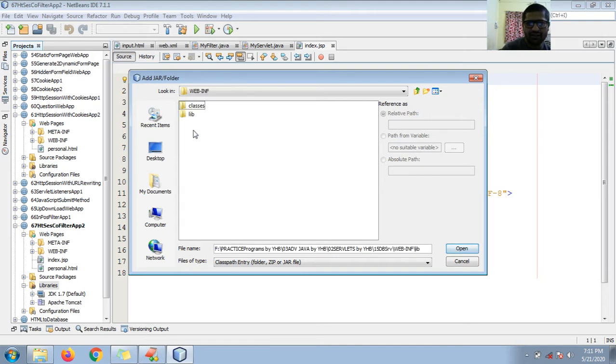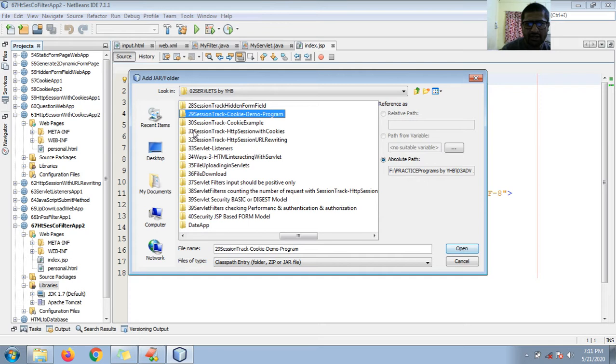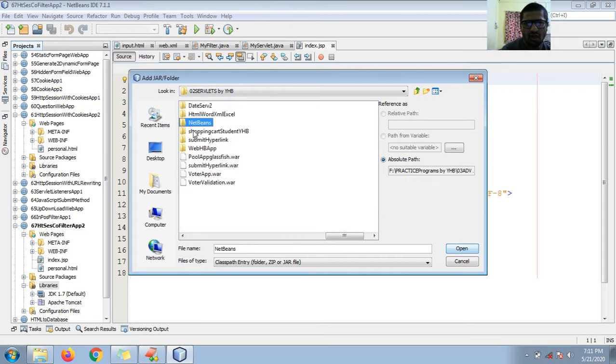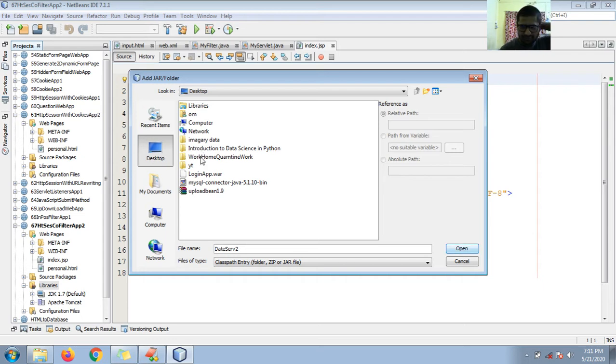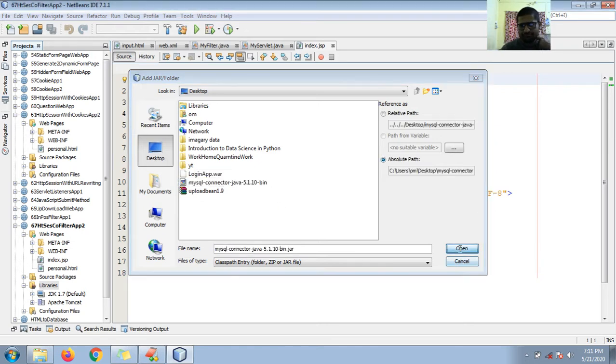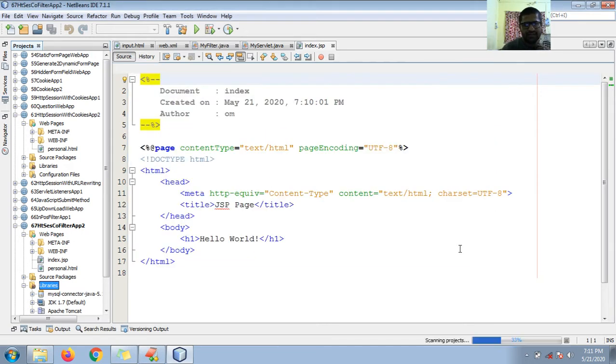It's an Oracle related jar. Can I find MySQL anywhere? Okay, if not then let me go my own way. Yes, it's here on the desktop, the MySQL connector jar, so I'll use this jar. Select and hit open, so the jar is added.